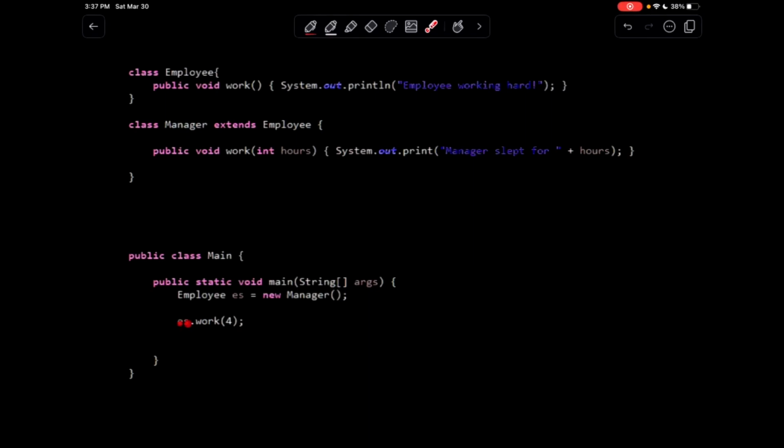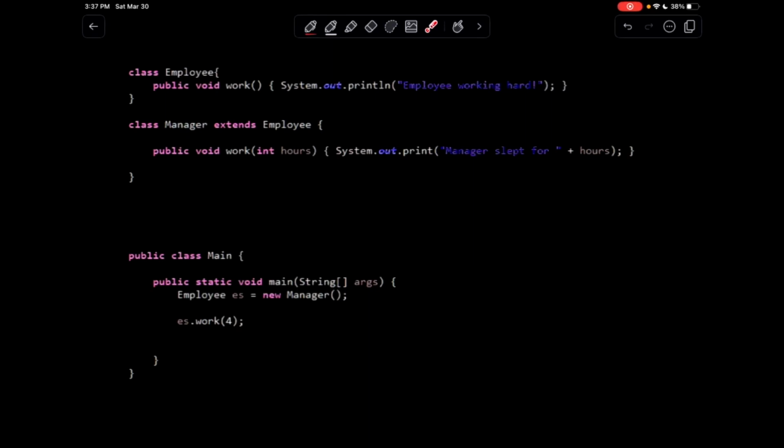So when I do es.work(4), right, what am I really doing? Well, I'm looking at my scope. What can I see? I can see this method, and I can see basically just a constructor. I can't actually see this method inside Manager because it's not an overwritten method. It is a new method. So when I do es.work(4), I'm over here, I'm searching, and we don't have public void work with an integer inside of Employee, right? So this code actually fails to compile, and well, it would be like a sort of none of the above